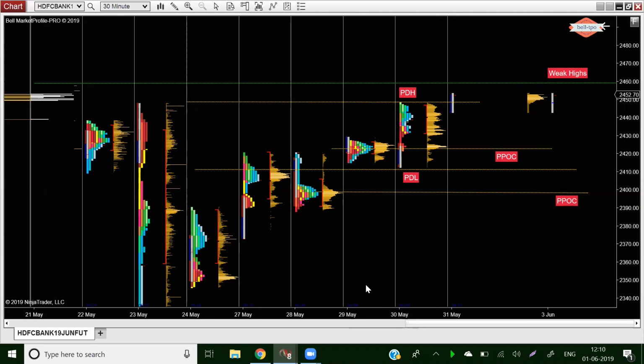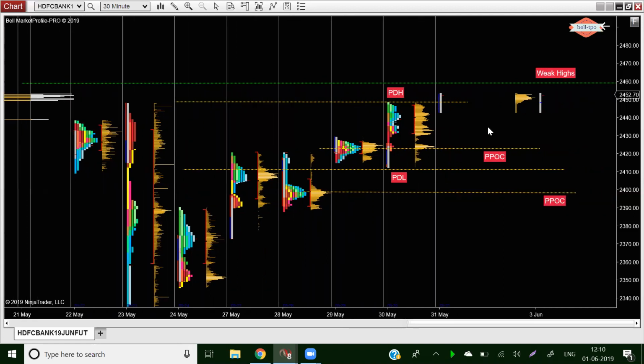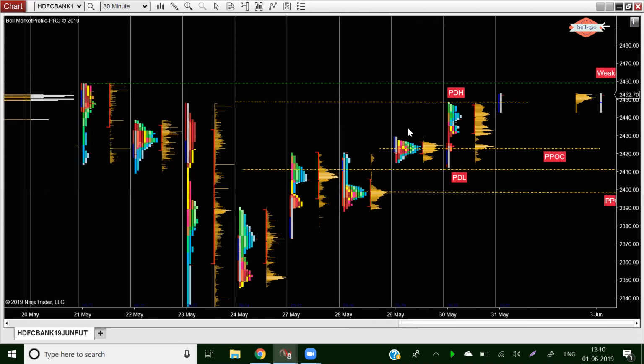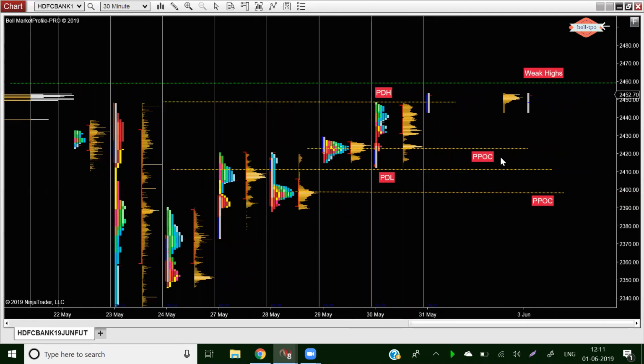Okay, this inventory piling is done by short-term traders. So when I was looking at this chart, I thought, okay, let Friday come, I don't want to anticipate because weak highs are there. Let the weak highs get cleared on Friday. Then if we get a prominent point of control on Friday, from Monday onwards let me closely observe HDFC